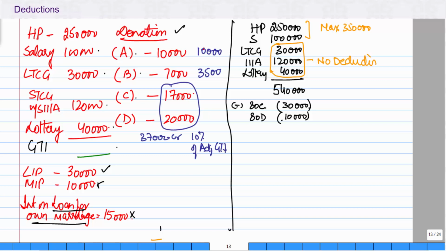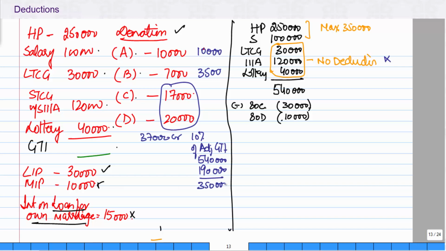Now, what he's trying to restrict is that the more the adjusted GTI, the higher the deduction that can be claimed. So he wants to limit it to your regular income. Now, regular income is not these. So we say adjusted GTI will be GTI, which is 5,40,000, less we will do 1,90,000,